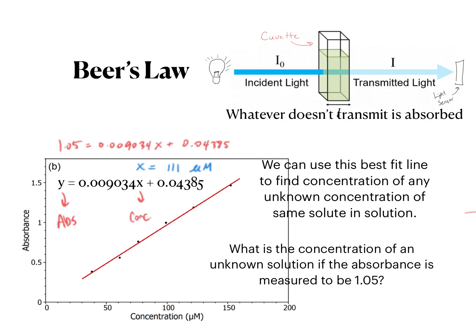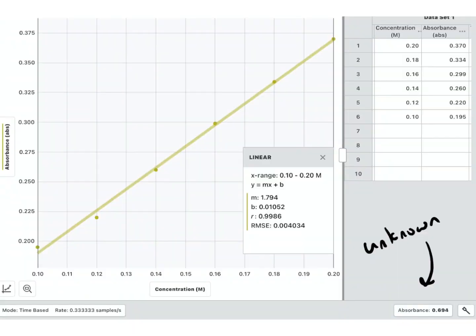It's 111 micromolarity. Here's an example of an actual Beer's Law experiment that I ran in an AP chemistry class a few years ago. So as you can see, I've prepared these different solutions, 1, 2, 3, 4, 5, 6. So I have 6 solutions, and I tested their absorbance in the colorimeter, and this is what I got. So when I plotted absorbance versus concentration, and I performed a line of best fit, the Vernier software spits out the y equals mx plus b formula for you. So y equals mx plus b, where m is 1.794 times x plus the y-intercept is